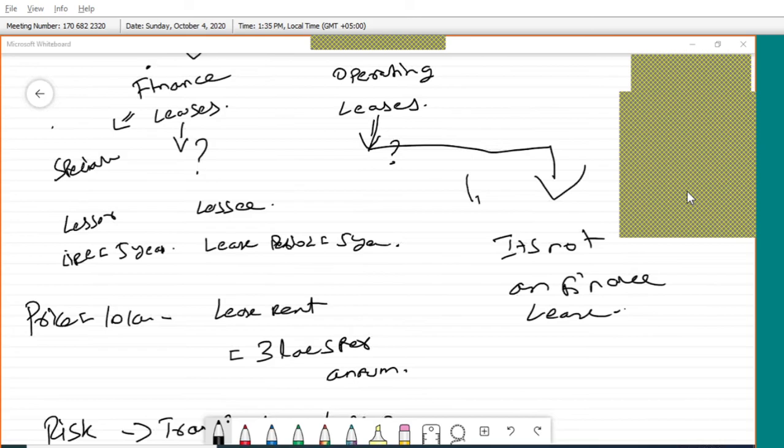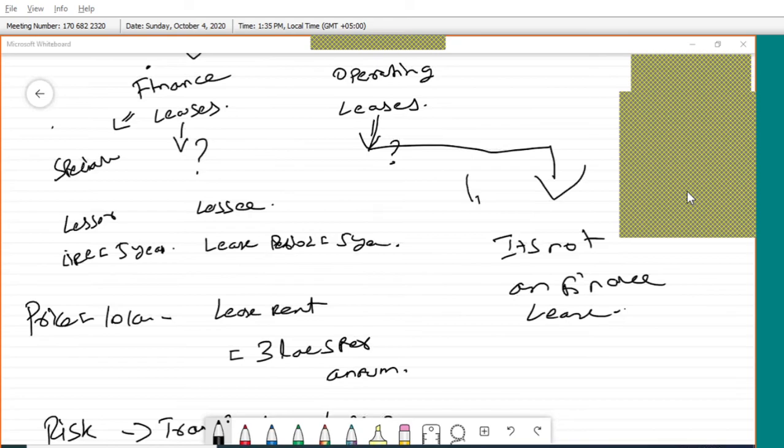Then come to the operating lease. An operating lease should be negatively defined. Negatively defined means what is not a finance lease is an operating lease. What is mentioned here? It is a lease which does not transfer substantially all the risk and reward incidental to ownership. As I said, risk and reward is not transferred to the lessee. The lessor itself has the risk and reward. For example, the life of the asset is 10 years, but the lease period is for only 2 years. For the balance 8 years, the lessor will use the asset, not the lessee. So that is one type of example for an operating lease.